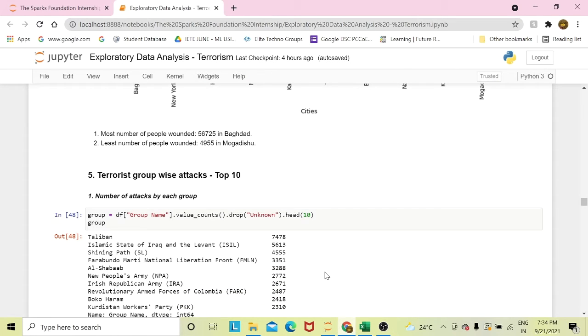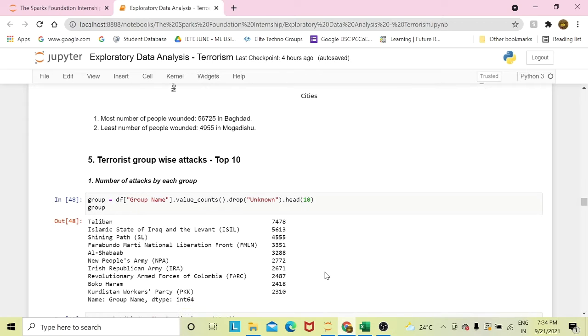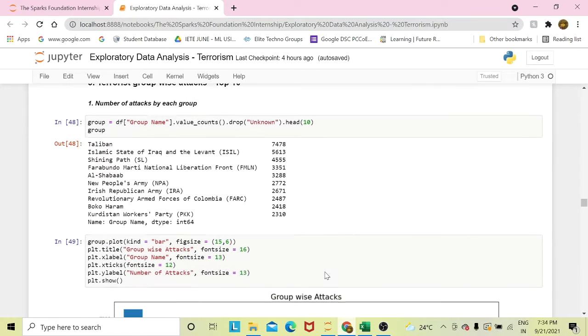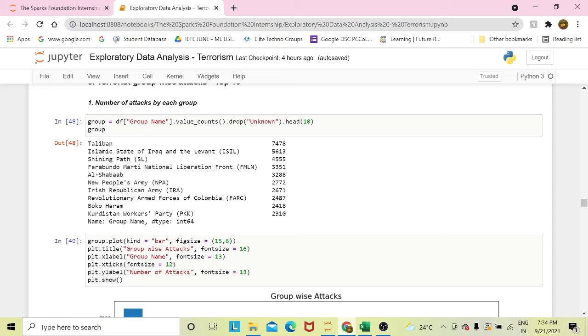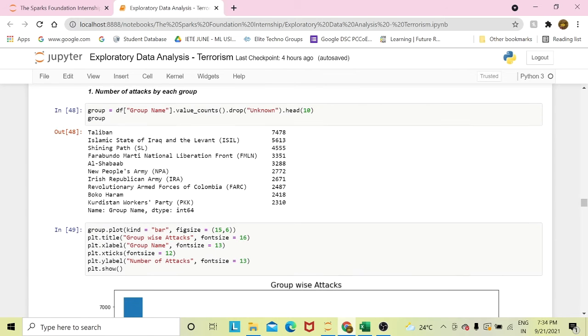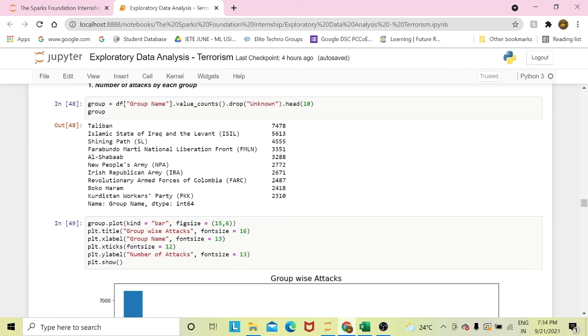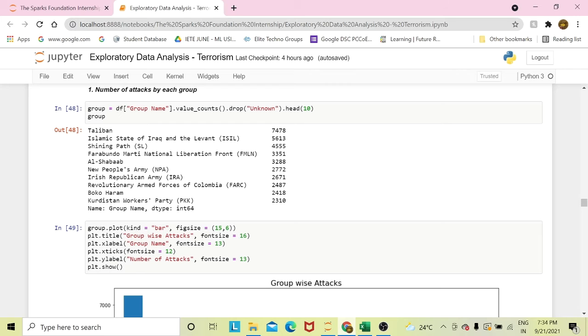So now, terrorist group activities. We can see that Taliban did 7,478 activities all over the world. These are the top 10 terrorist groups which did the most number of activities all over the world.